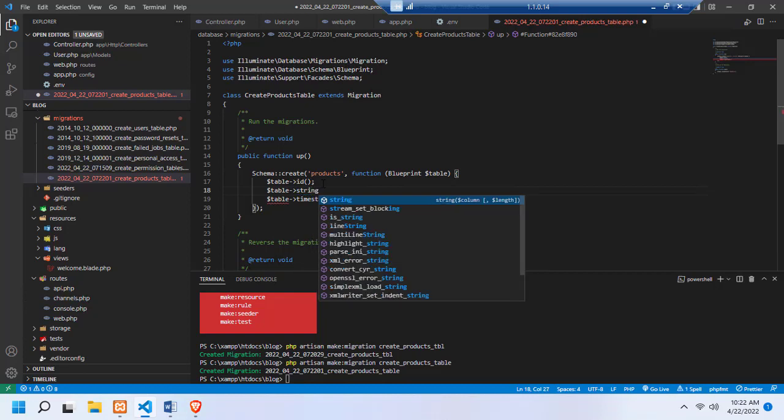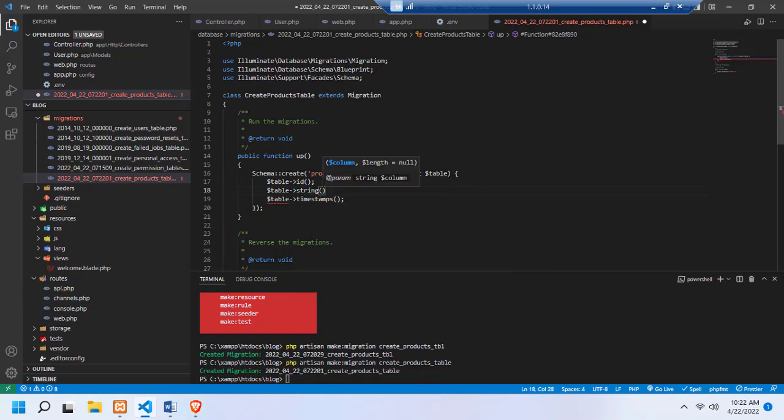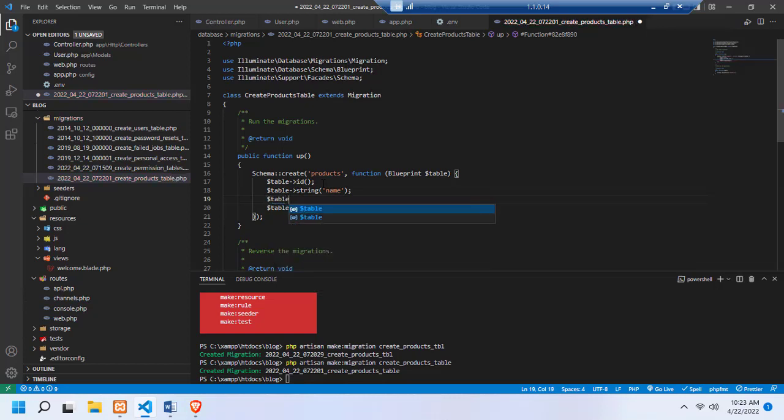String for name, that is for name, and then what you're going to do next is equals to table text, table text for detail. Okay, so after we've done that, basically that is what we're going to have for our tables,